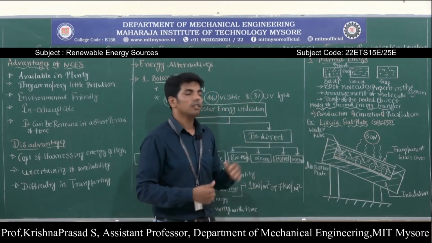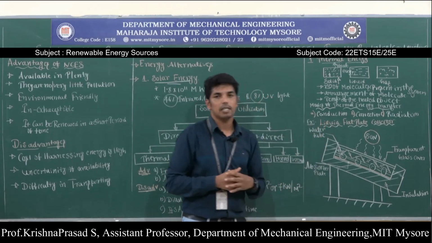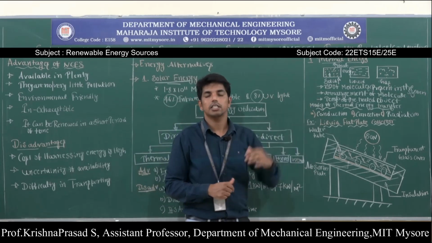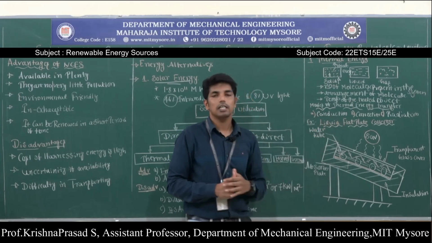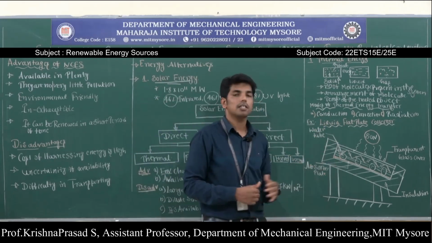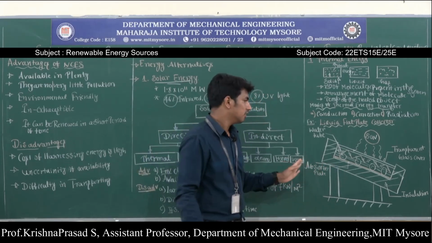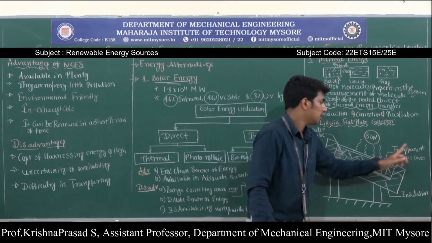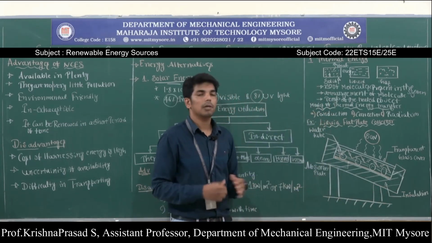Okay, so next, the second very important one is the liquid flat plate collector. This is one of the best examples of solar thermal energy conversion. The working of the liquid flat plate collector we study at the first year level itself. So what are the important parts of the liquid flat plate collector? First one, absorber plate. Second one, water tube. Third one, transparent glass cover. Fourth one, insulation.